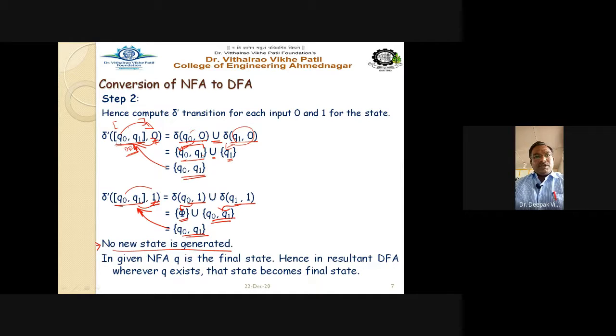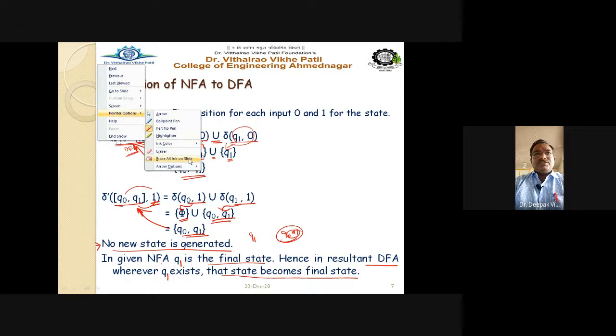The first point: in the given NFA, Q1 is the final state. Hence, in the resultant NFA, wherever this Q1 exists, all those states become final states. So Q0, Q1 definitely becomes your final state. Wherever there is an appearance of Q1, make it a final state. Getting this point? Because in the given NFA, Q1 is final. So in the resultant DFA, wherever you find Q1, you mark it as a final state, right? So all the transitions are over, and now see,